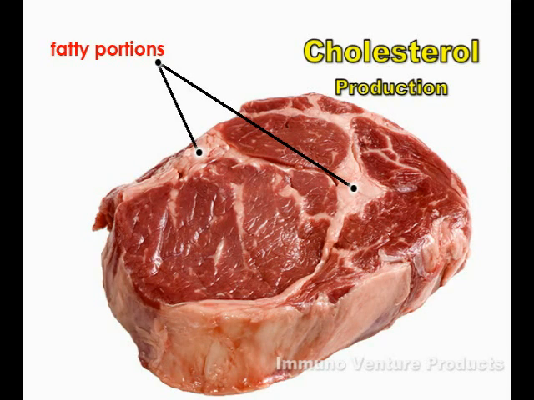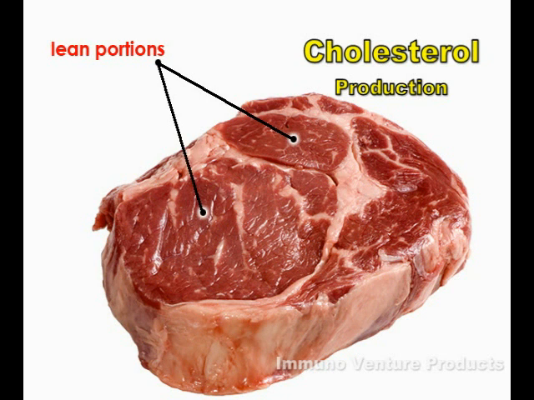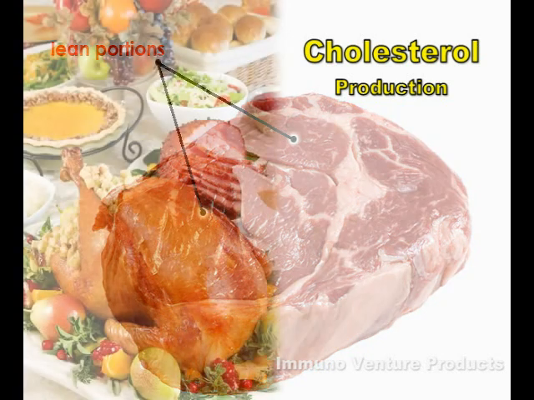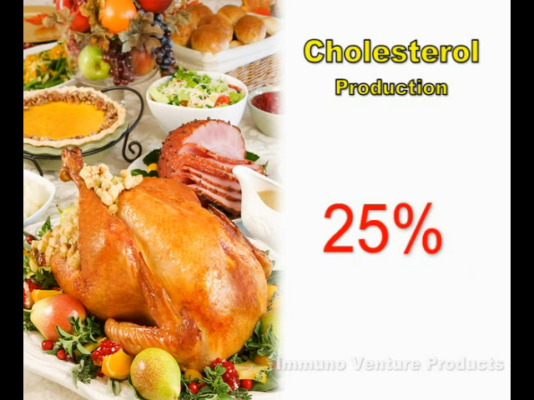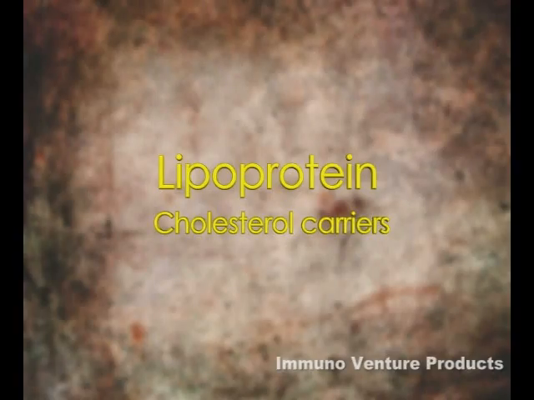Although cholesterol is high in the fatty areas of meat, it is important to note that it is high in the lean portion of meat also, because it is present in the cell membranes of all animal cells. A normal diet contributes 25% of the total cholesterol in the body. Cholesterol is insoluble in blood. Therefore, it is transported through the bloodstream to organs and cells that require it inside special carriers or trucks called